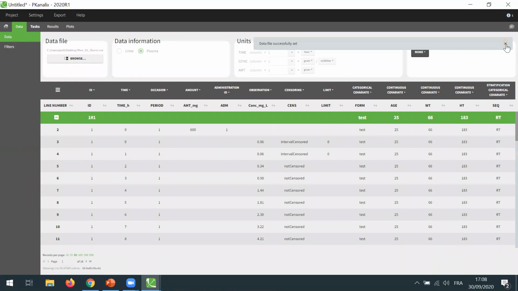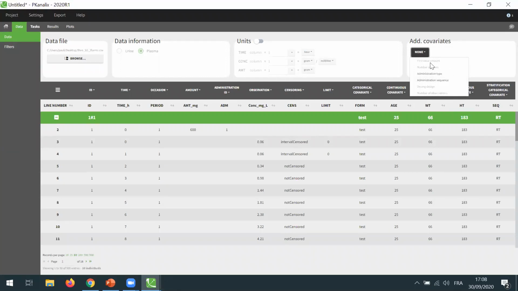Now that my data has been accepted, you can see some new features on the top of this tab. We have a module for the units and a module to add additional covariates. In the additional covariates, I can select covariates that will be added automatically by the software depending on the design of the data. It could be, for example, the first dose amount if the individuals had received different dose amounts. Or in this case, it can be the administration type.